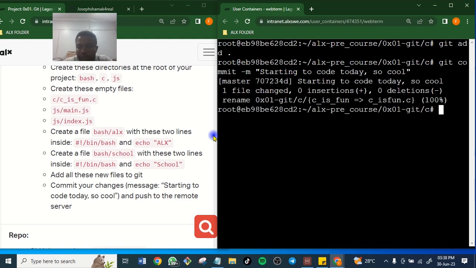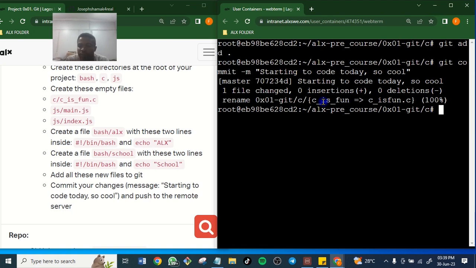So let's see now. It's saying one file has been changed, 0 insertions, 0 deletions. So we only changed one file. You see that is a file. We didn't delete anything, we only changed a file. Okay, so a file has been changed, and see what it's telling us. This is the file that we changed. You see, coding is very interesting. Rename, we only renamed it. We would have even used the renaming method. How do you rename? Let's assume we did not replace it the way we replaced it. We would have just said mv what?